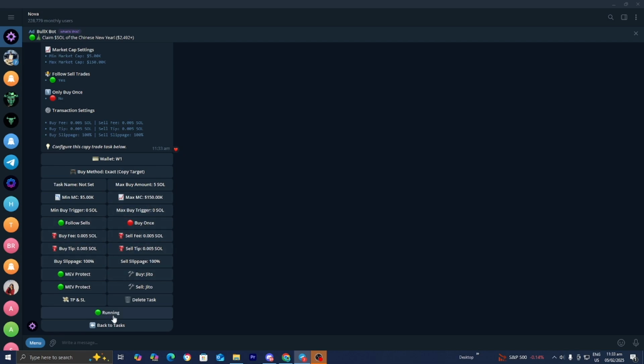You could toggle on and off the task over here. At the moment it is currently running, but if I wanted to stop it, all I need to do is press on that and then it will stop running. But yeah, you could also adjust the fees over here. For example, we got the buy fees, and over here we do have these sell fees as well. So this is completely up to you to configure. Just make sure you do your due